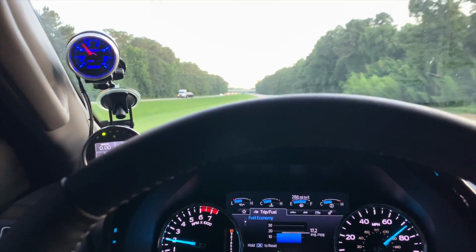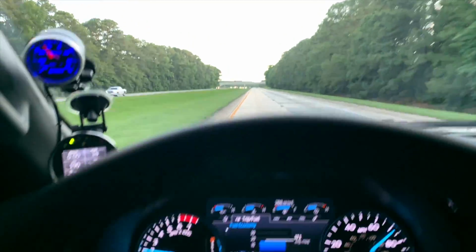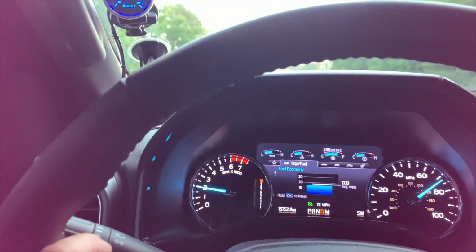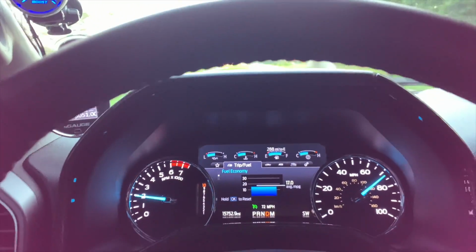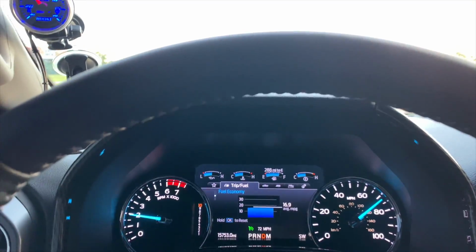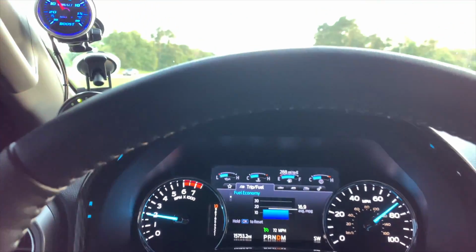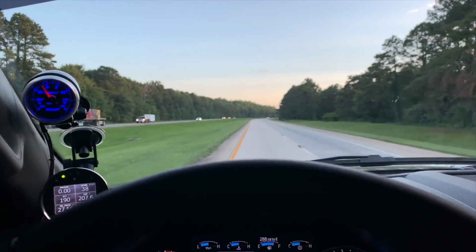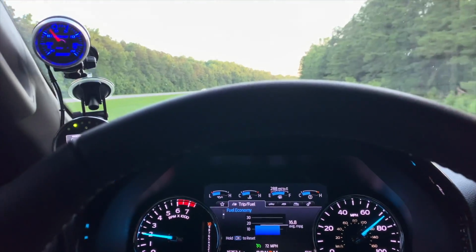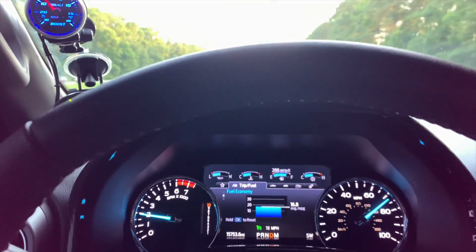Back on the road, heading back towards home. It is starting to cool down a bit. Outside it's dropped probably almost 10 degrees since I first started the video. But as you can see, there we are, 16.9. Trying to get an accurate fuel mileage reading for you. I've had several people ask me what the fuel mileage was out on the highway, and I honestly do not know, because for one, I never check it, and normally when I go